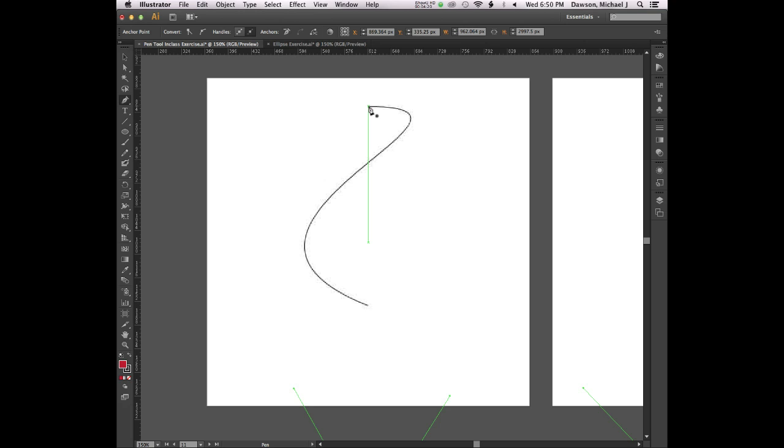Remember how I told you to always click and drag in the direction that you're going? This is actually one of the instances where you're going to want to click and drag in the opposite direction. So I'm going to hold down the Shift key, clicking and dragging and constraining that proportion there, like so. And I'm actually going to click and drag in the opposite direction to get that line to curve in like an S curve. So whenever you can, kind of have the handles,